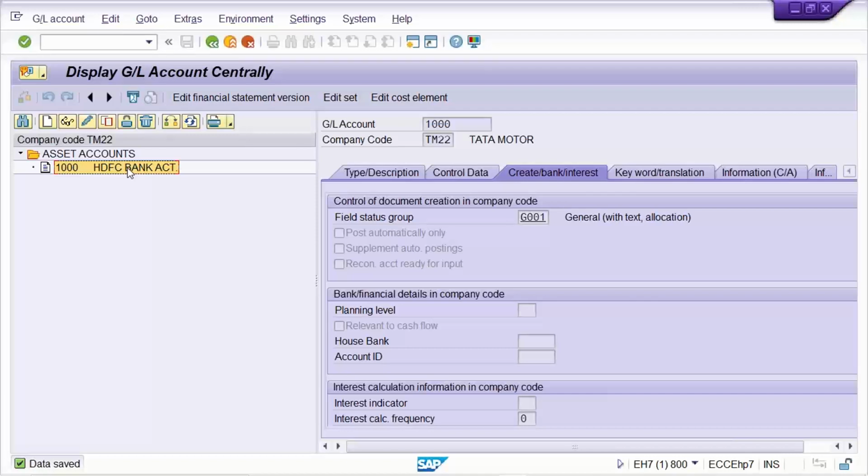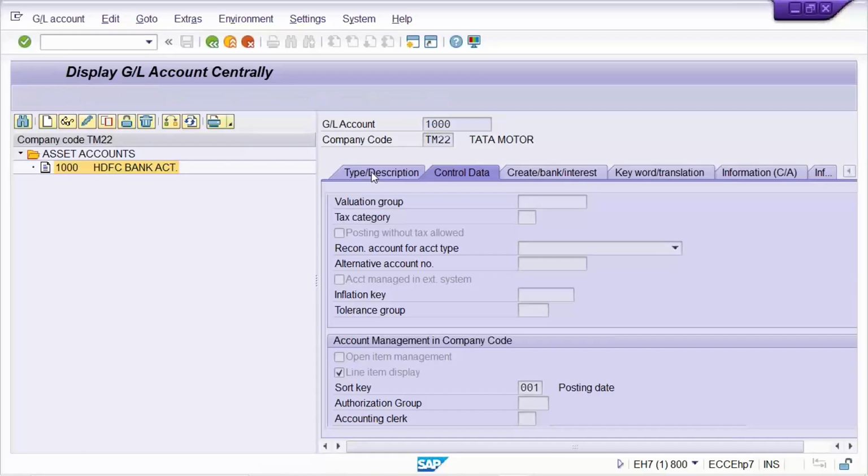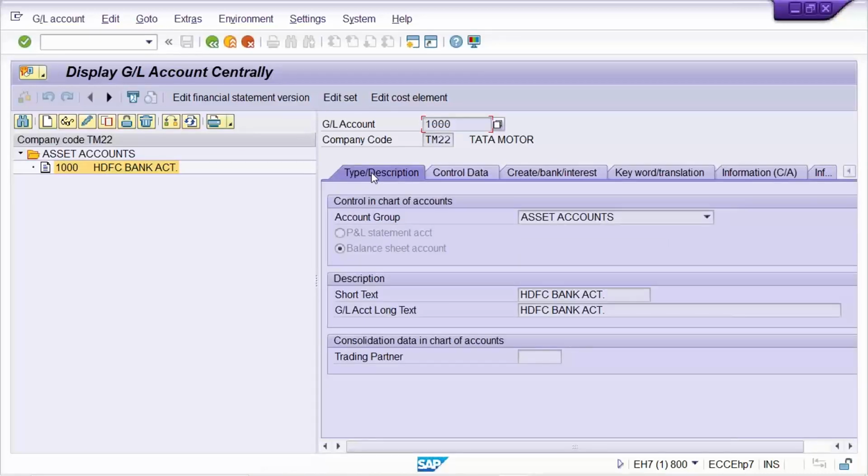Okay. I have to create one similar GL, a different bank account GL. Say for example ICICI bank account, or else HSBC bank account, or else any ABC bank account, whatever it is, right? That you can set up. Now, if you are going to set up a similar kind of GL account, then what will happen, guys? All the details will be the same. Only this short text is going to be different, isn't it? So in that case,